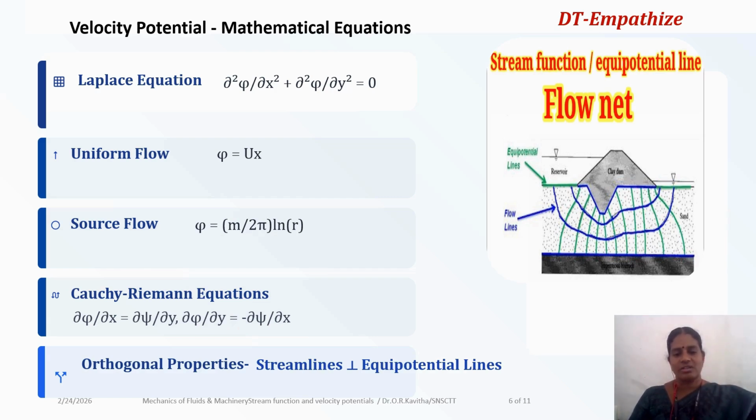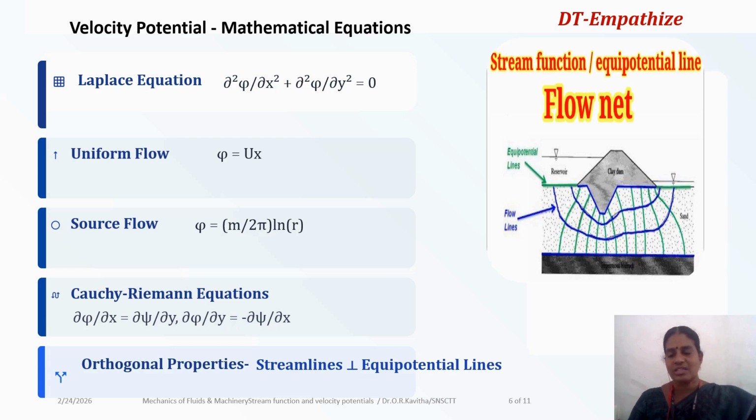And for this there is the Cauchy-Riemann equation, the derivatives of φ and ψ being related and equal. Okay. Here, with the orthogonal property, the streamline and the equipotential line are always